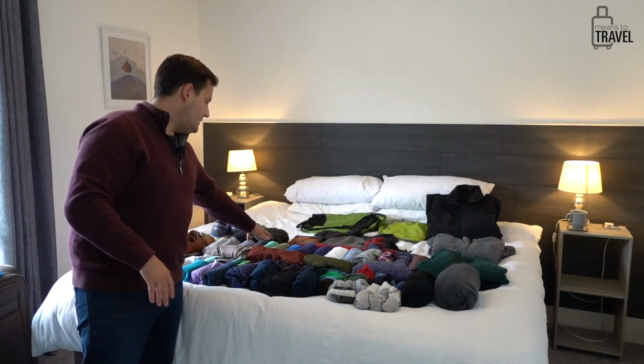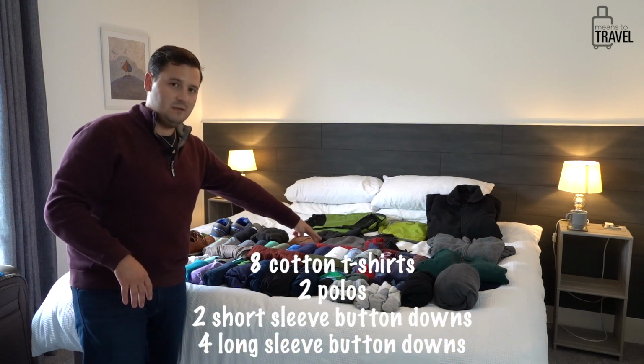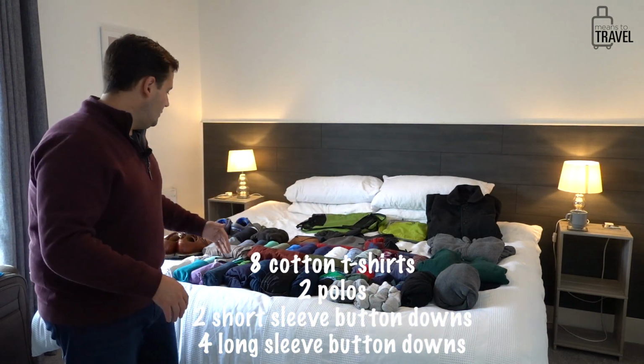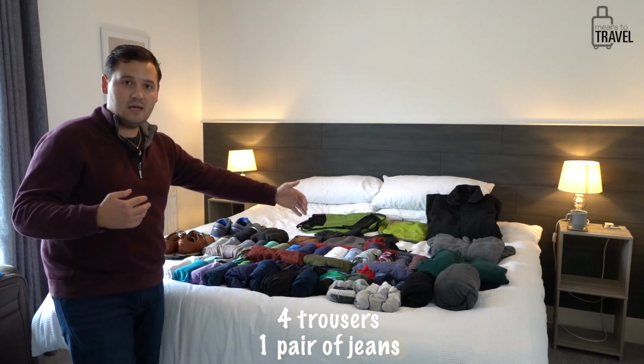I have 7 t-shirts right here, plus an 8th that I'm wearing currently. I have 2 polos, 2 short sleeve button downs, and 4 long sleeve button downs. Additionally, I've got 4 pairs of pants or trousers. All of them can be dressed up or down, so good for walking around town or going out